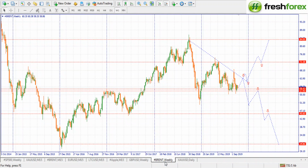Brent oil. We have everything the same way we had them yesterday. Nothing much has changed on this one. There's a level as good weekly support. Last week price just bounced off from it. This one, the price could not close below, instead it bounced to the upper side. It tried continuing up, but then this week we are seeing price continue to the lower side. So what this means is that as long as the price does not go below this level, this should be a buy. But if price bounces off from it,